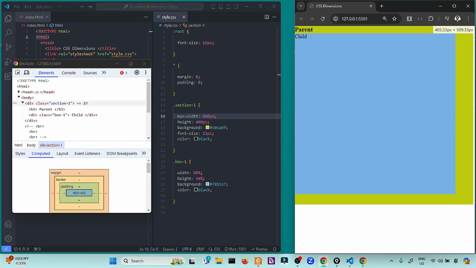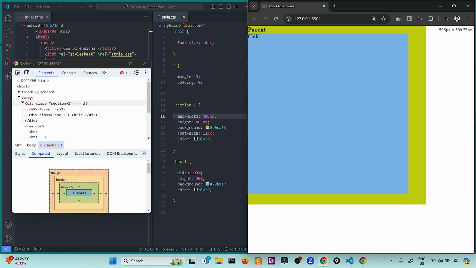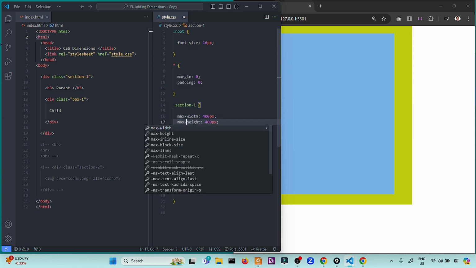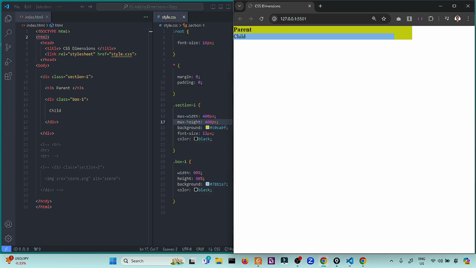If I resize the screen, it will not grow anymore, as you set the maximum width of 400 pixels. Also, if you set the maximum height, as you can see, the maximum height is 400 pixels.